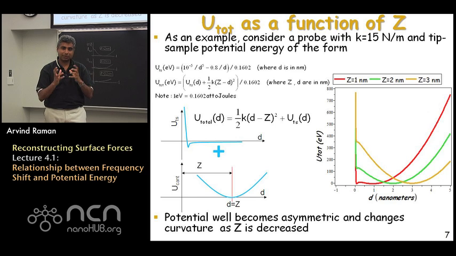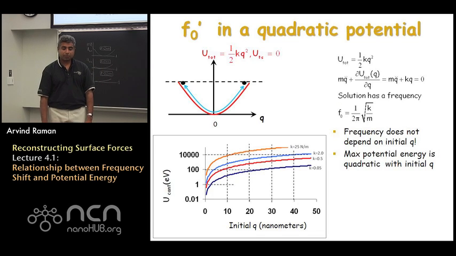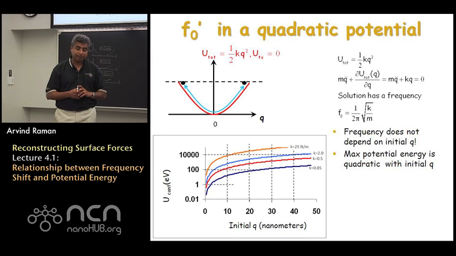So those are 2 things that are going to keep happening, and we will keep them in mind as we move forward to understanding how to relate these changes in shapes of the potential energy landscape to the frequency shifts that you would observe. So we begin with a simple case, which is that of a quadratic potential well. So let us assume that the tip sample interaction potential is 0, and that the total potential energy is simply given by the quadratic potential of the elastic energy stored in the point mass model, 1/2 kq squared,